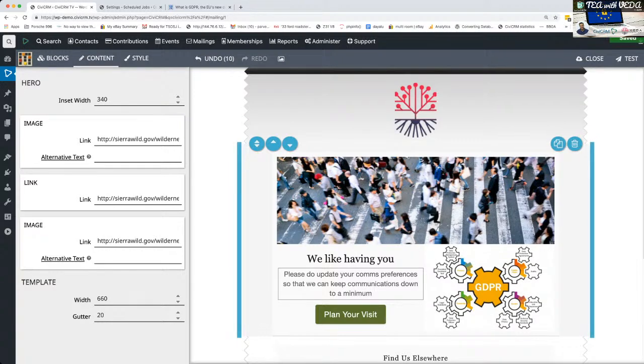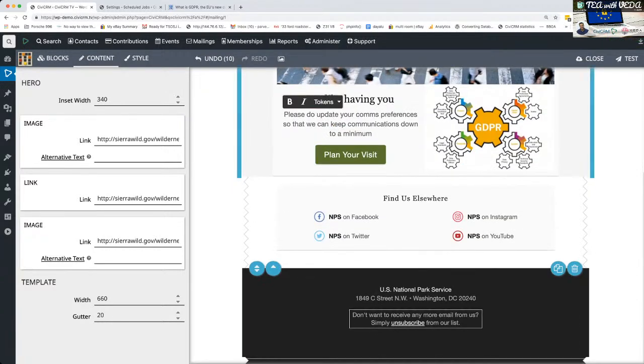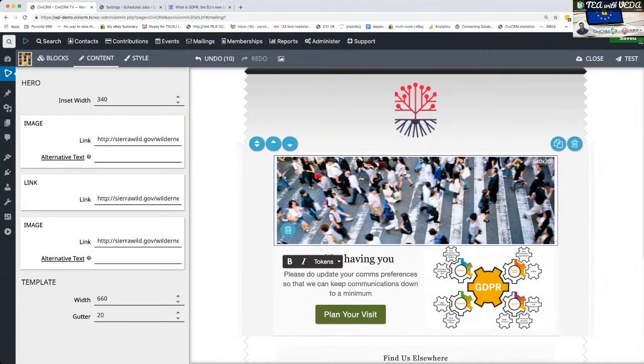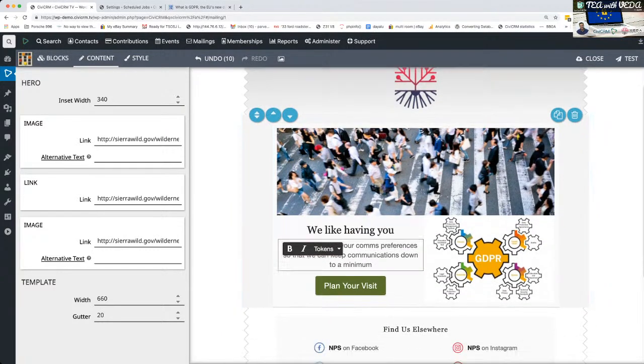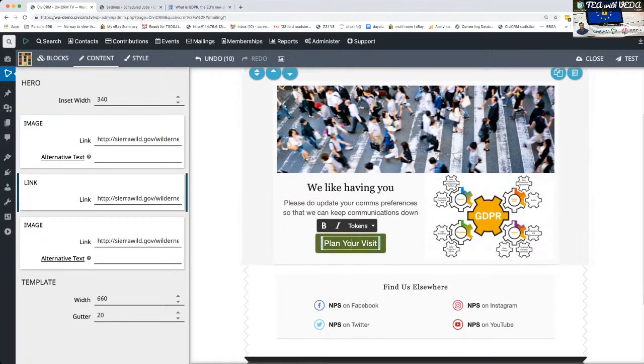Now, for those of you that know about CiviCRM and how things work, the email system will insist on an opt-out email address. I didn't set it before, but let's just see. I'll put the link in somewhere. It's fine. So this button is where I want the